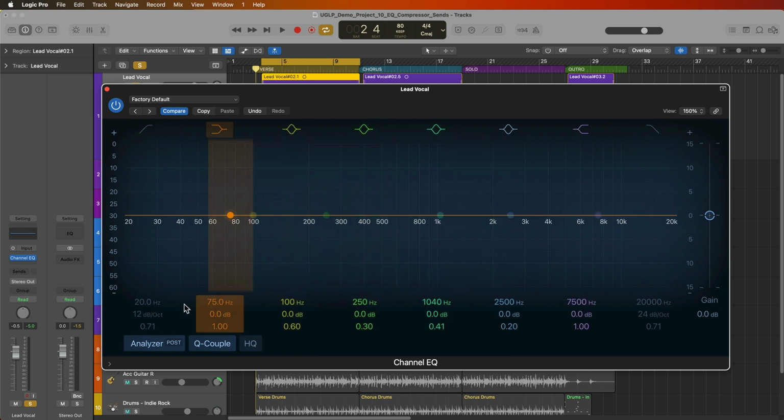Now, the channel EQ will give you an analysis of what you're listening to. You just have to make sure you turn on the analyzer down here. So if you turn this on and play back the track, you'll actually see a frequency analysis of the track